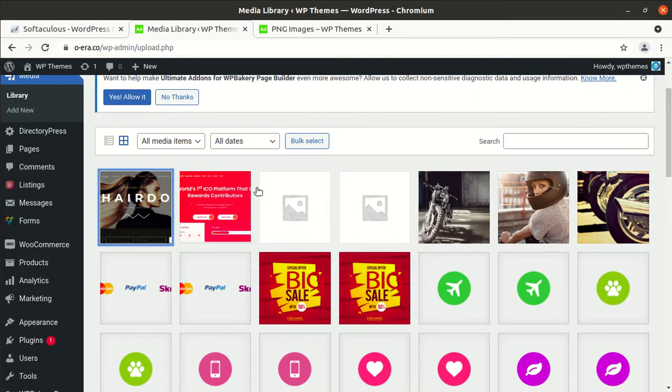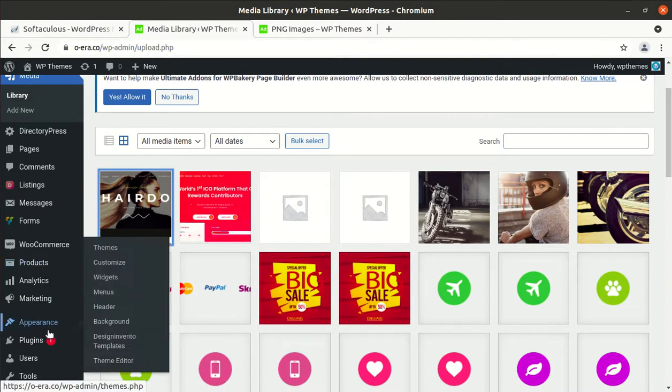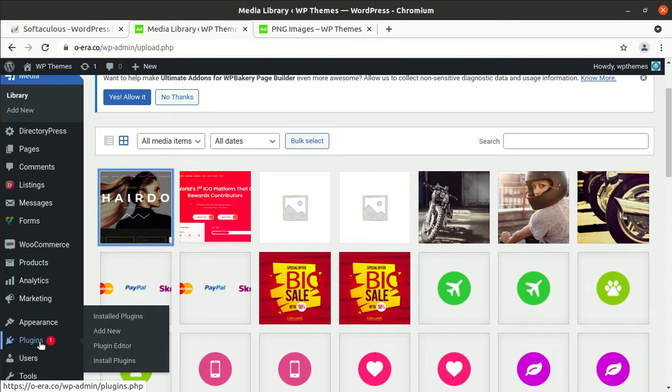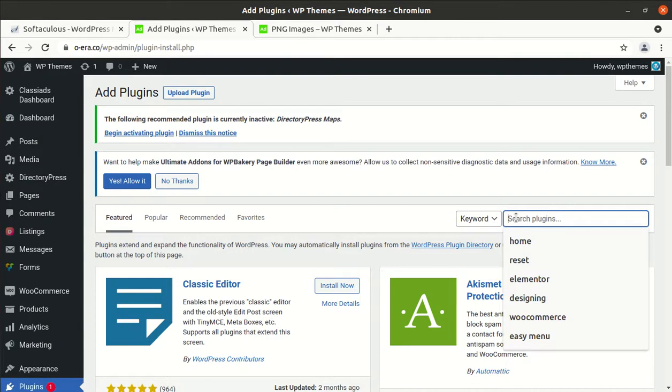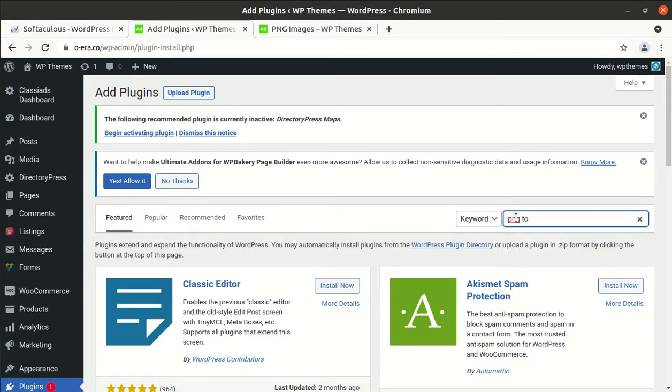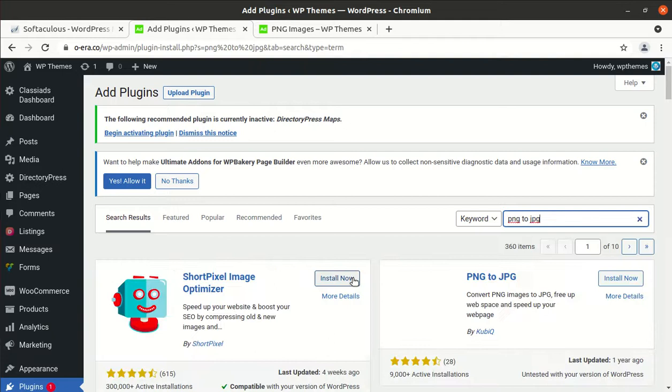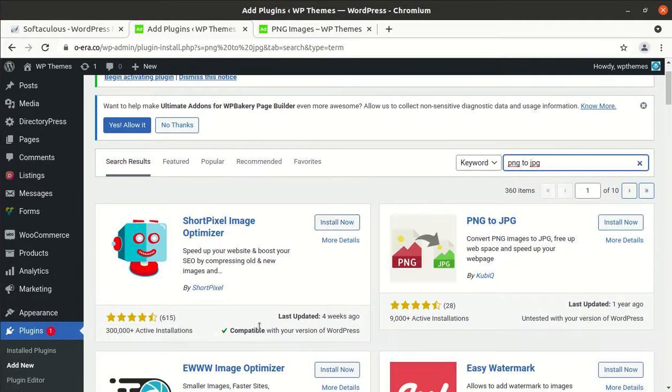Proceeding towards the solution, I am going to tell you about one plugin. I am simply searching PNG to JPG. I don't remember the exact name of the plugin, but okay, this is the plugin: PNG to JPG by KubiQ.